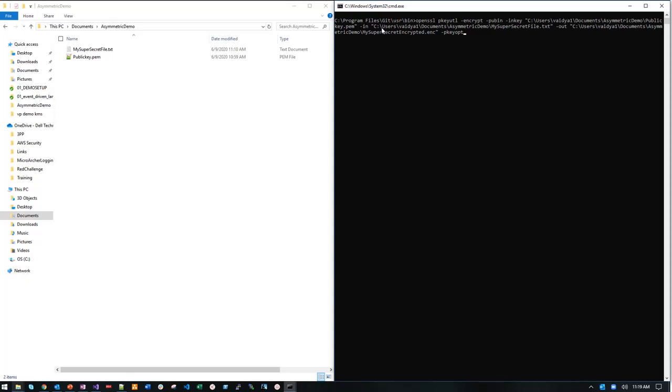So if you want to do that, you need to provide an optional key parameter, and this is a command to do it. So you have to say RSA padding mode OAEP pkeyopt